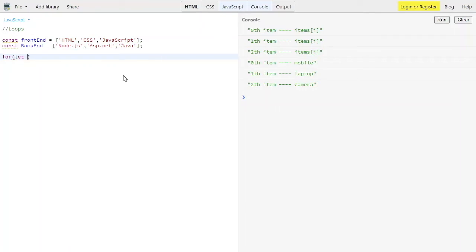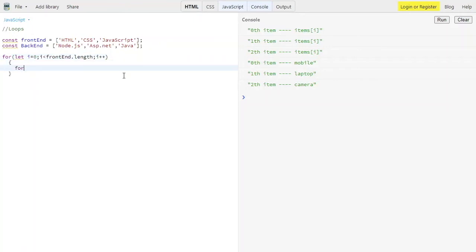I'm declaring let i equal to 0, then i is less than frontend.length, which is the property of an array, then incrementing the value of i.